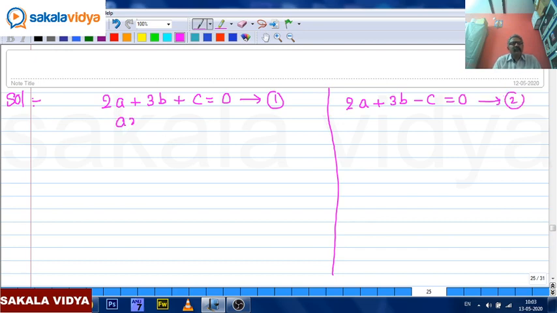Actually, line is what? Ax plus by plus c equals 0. This is the family of lines. Providing this condition, we need to find out the fixed point through which the family of lines is passing. Comparing